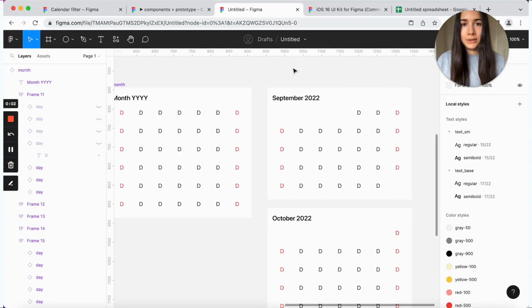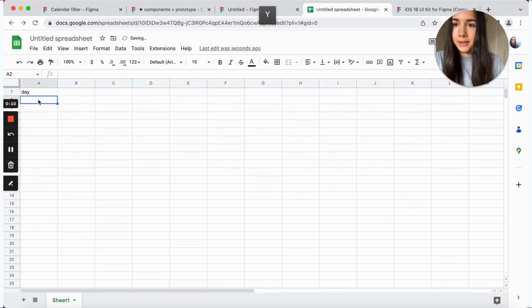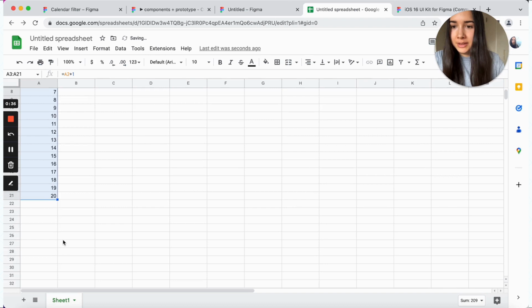What I'm going to do now is actually create a new Google spreadsheet here. All I'm going to do is do the day column here. And in the second one, I'll start the count with 1. And then for our next row, we're going to write a very simple formula that just increments the second row by 1. So this one is 2. And now we can just drag this all the way down and just going to keep on incrementing.